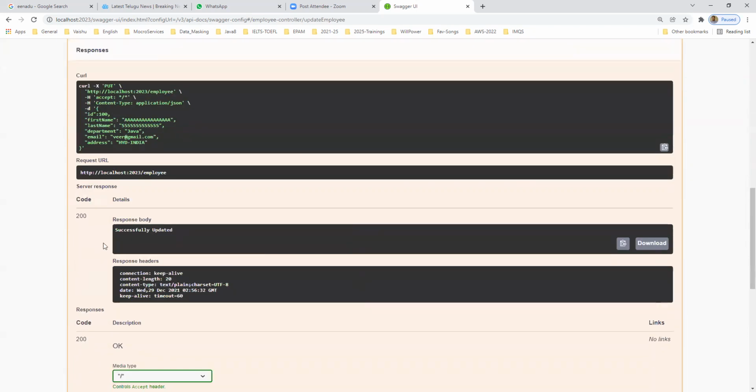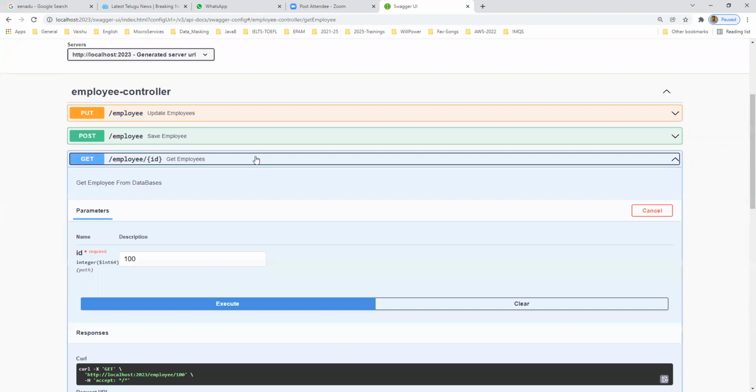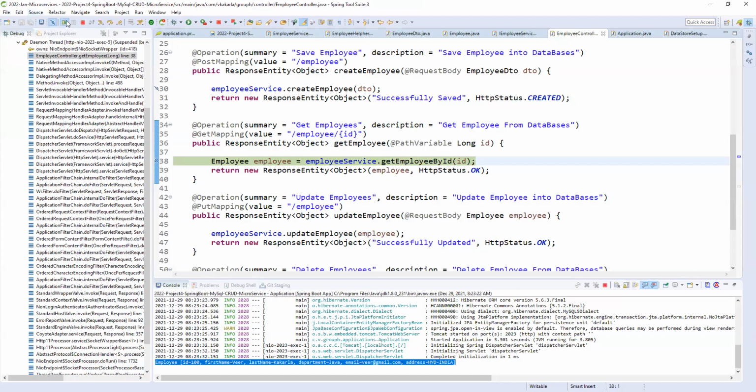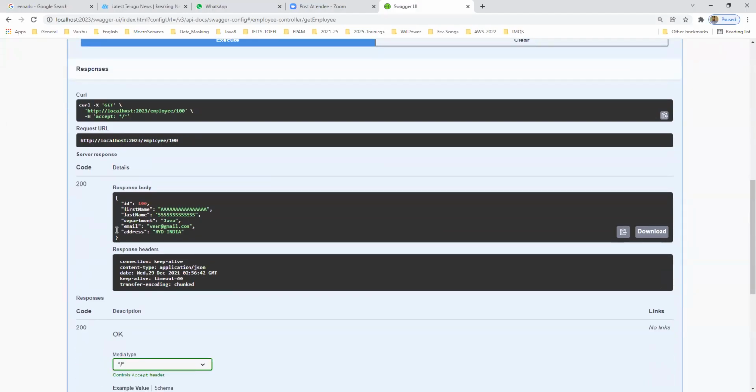So it's the same thing we are doing. So successfully saved. So let me get the values to check whether it is updated or not. Yes, the values are updated.